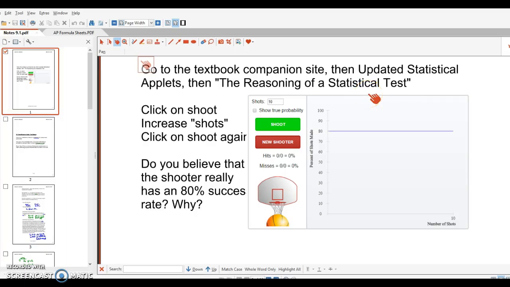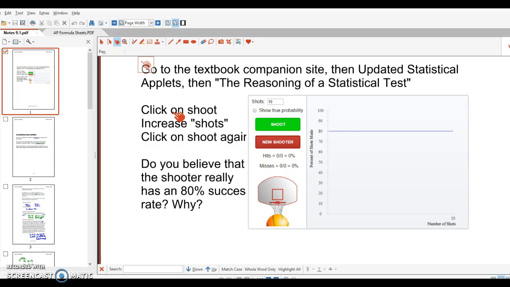Welcome to 9.1. We're going to talk about the basics of hypothesis or significance testing in this section. Significance testing is the second portion of the inference theme, and I'll draw the distinction between confidence intervals in just a minute. For the first activity, if you go to the textbook companion website and click on updated statistical applets